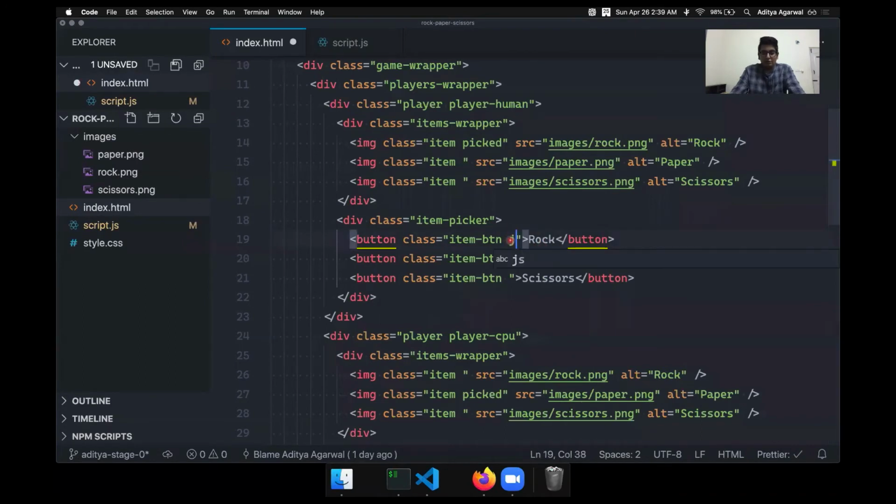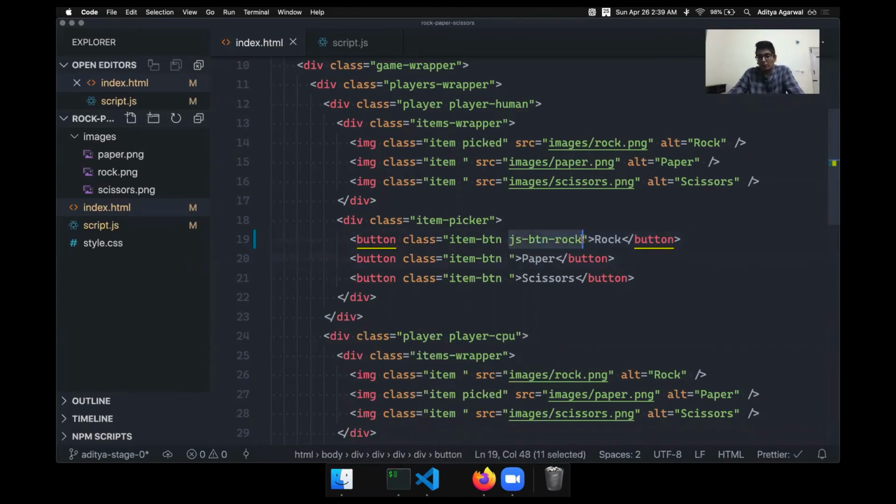I'll say js-btn-rock, and I'm prefixing the selector with js, because that way when somebody reads this code, they'll know this class is getting used in JavaScript, so I should not remove it without looking at the JavaScript. If I just use this item-btn class, they might think this is just used in the CSS, and they remove the CSS file, and then your JavaScript will break. So whenever you query select a DOM node in your JavaScript, make sure that you use these classes which have the prefix of js. That's a best practice.